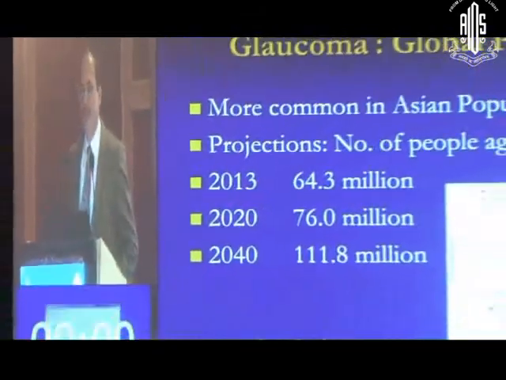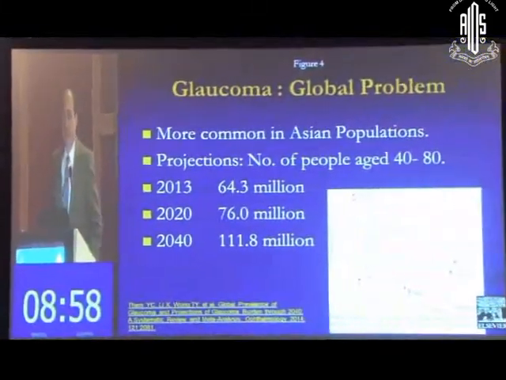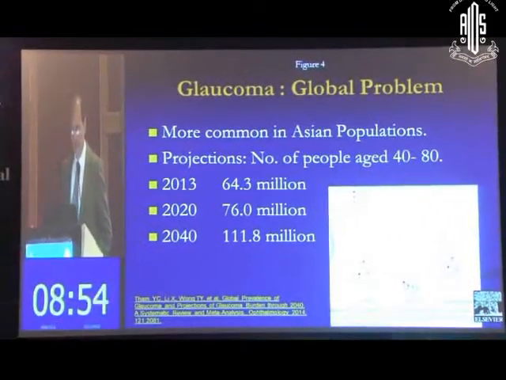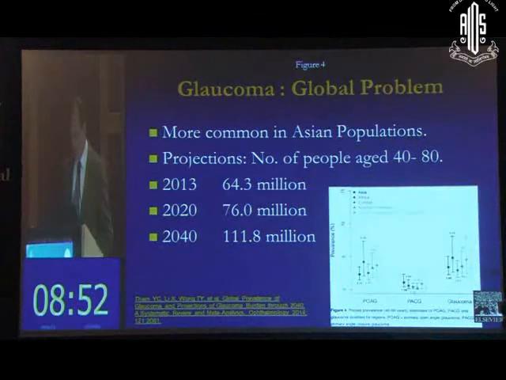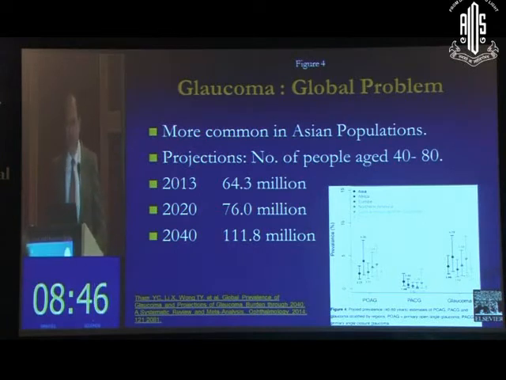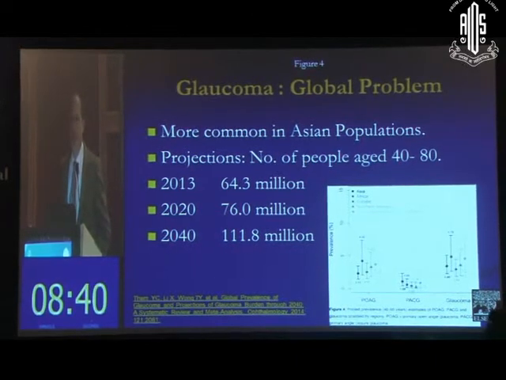I'll take you through what angle closure disease currently is and what are the problems that we face. We know glaucoma is a global problem, and if you look at the recent projections, by 2040 we will have almost 112 million people with this disease. And some of these patients are going to be angle closure glaucoma. The chart shows you roughly the distribution, and you can see that angle closure is a significant proportion, even though there are regional and ethnic variations.